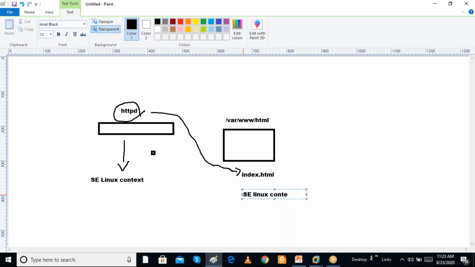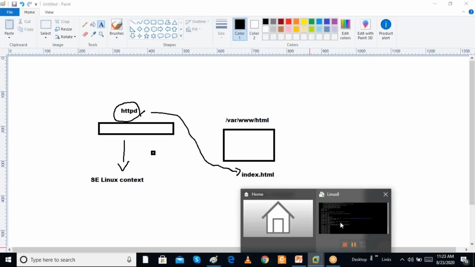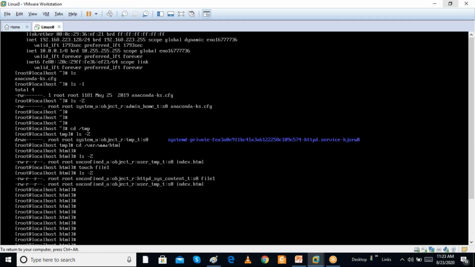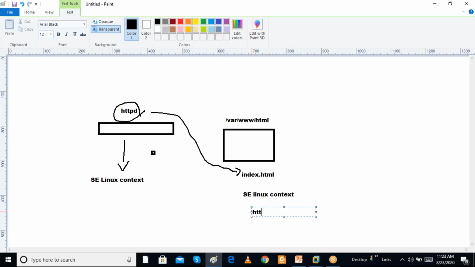We can check what this SELinux context is for the web server folder. Previously we created a file and saw that the context is httpd_sys_content_t. That is the SELinux context for the file.